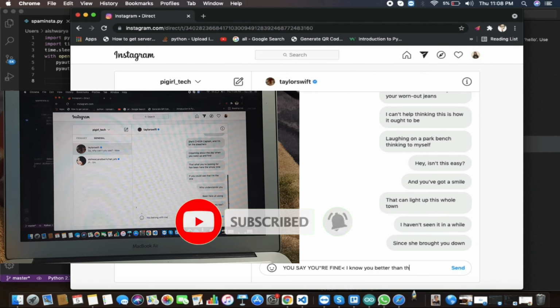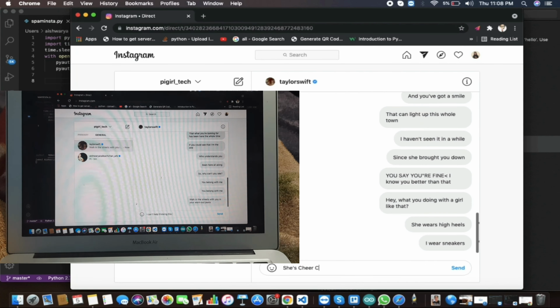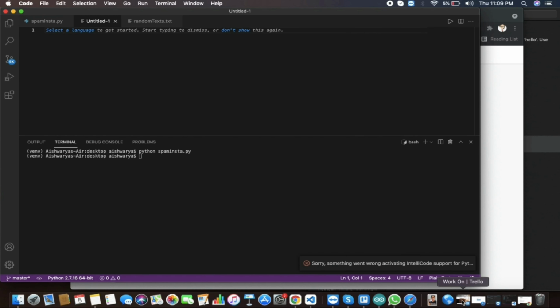So there are two methods. This is one method, and you can send customized messages which you want to repeatedly send with a desired interval of time. As you can see, I'm showing it on a laptop. Just to show you, I'm not typing at that speed. It's automatically being sent via Python, and this is going to be so much fun to do. I guess everyone should try this to spam any of your friends.